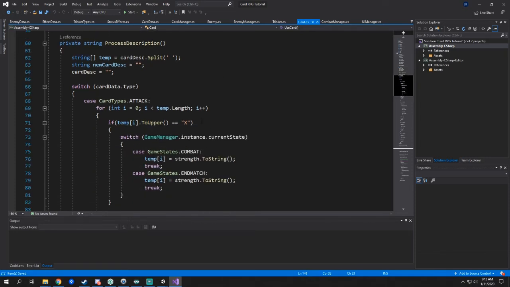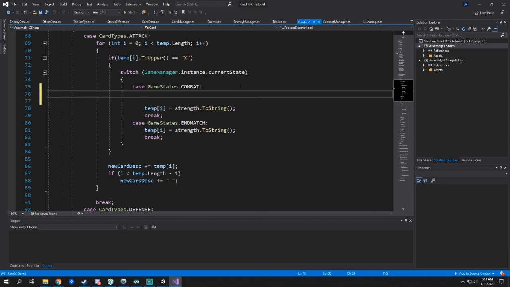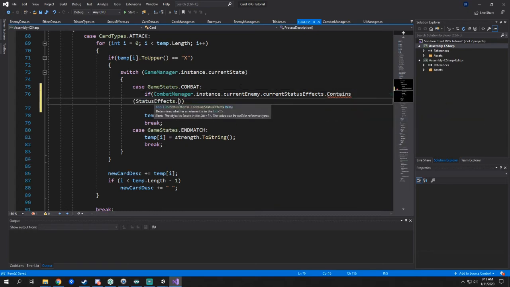We're going to add a couple things to this based on certain effects that exist. So inside combat, we are going to add on top. It's not going to be that simple anymore. This is just for the combat section. If CombatManager.instance.currentEnemy.currentStatusEffects.Contains(vulnerable)